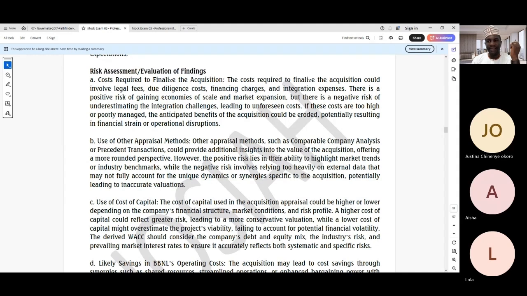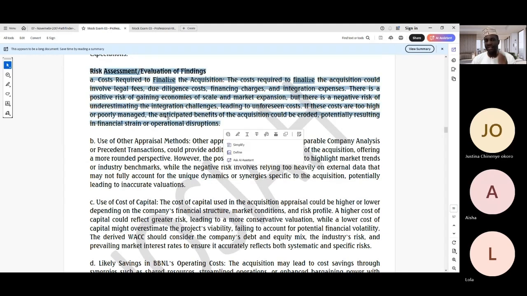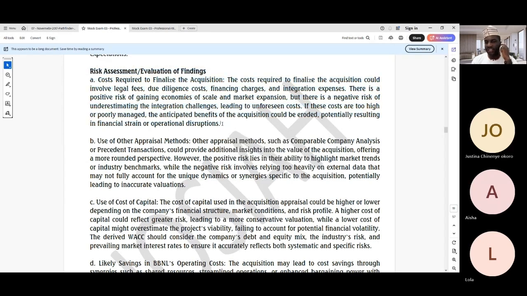The cost could be high, and we said there's a positive risk of gaining economies of scale and market expansion, of course, but there's also the negative risk of underestimating the integration challenges leading to unforeseen costs. And if these costs are poorly managed, the anticipated benefits of the acquisition could be eroded. So in this last header, we are talking about risk management and assessment to really help foster the project's